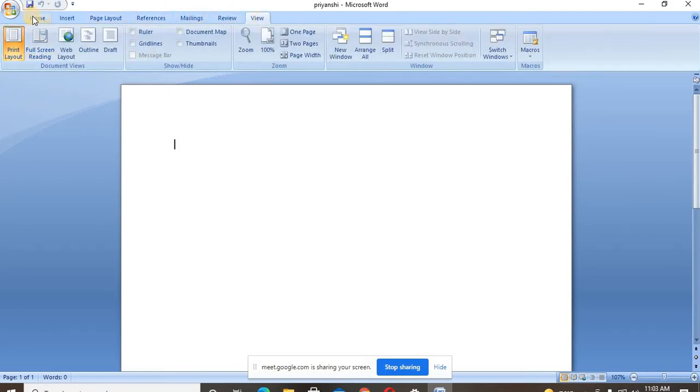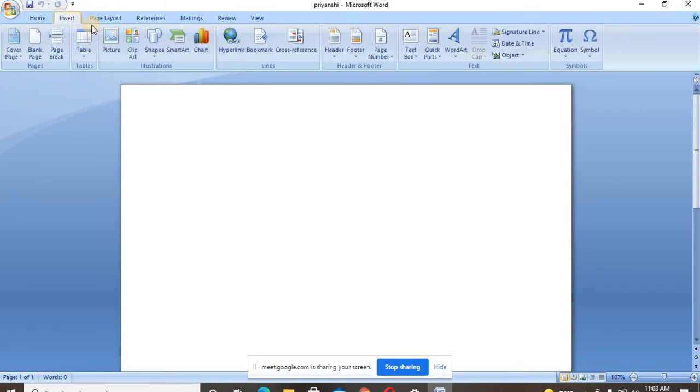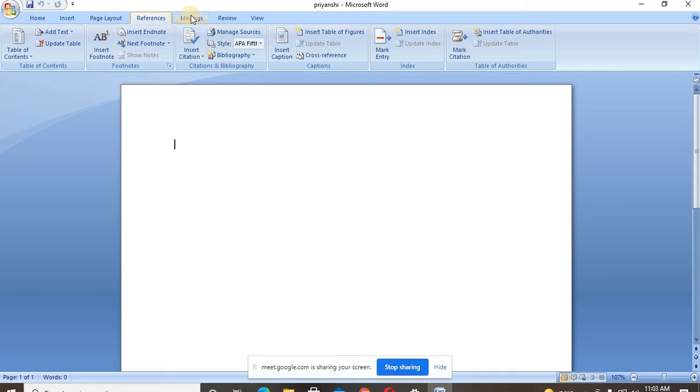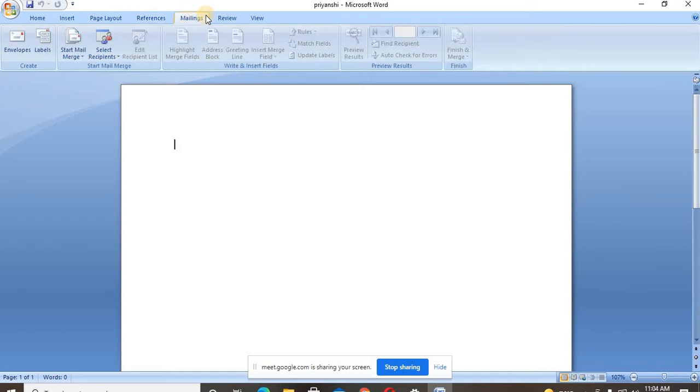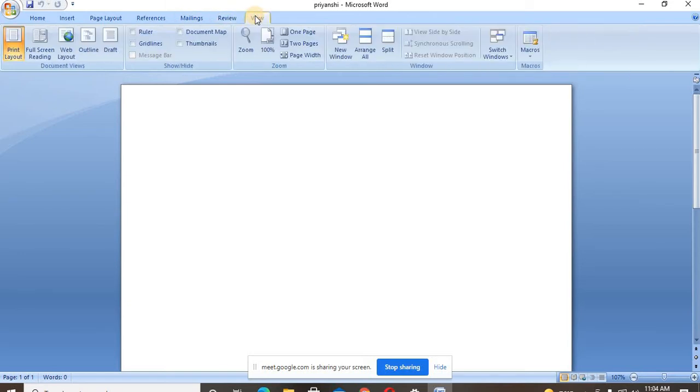So repeat after me: Home, Insert, Page Layout, References, Mailings, Review, View. These are on the ribbon tab. Ribbon tab. Good.